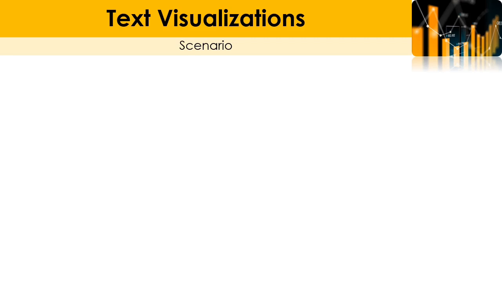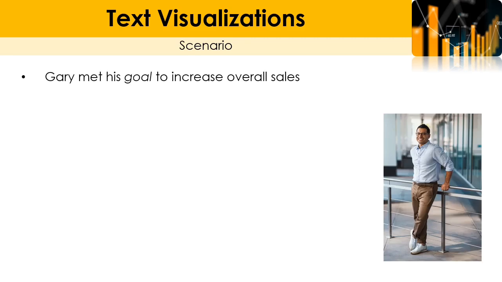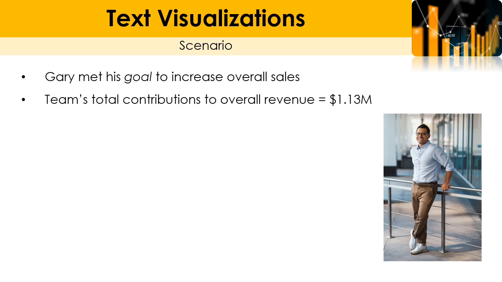For example, let's consider Gary from the previous module. You may remember that he met his goal to increase the quarterly sales for sports and outdoor products in his region by targeting a promising demographic of buyers. To make his goal measurable, let's say his team's total contributions to the company's overall revenue for the fiscal year came in at $1.13 million, while his target had been a 21% increase in regional sales from a base of